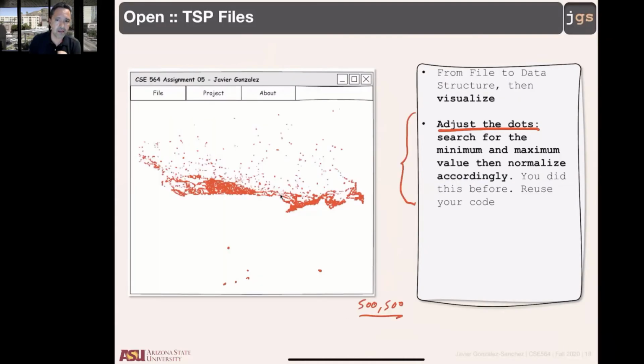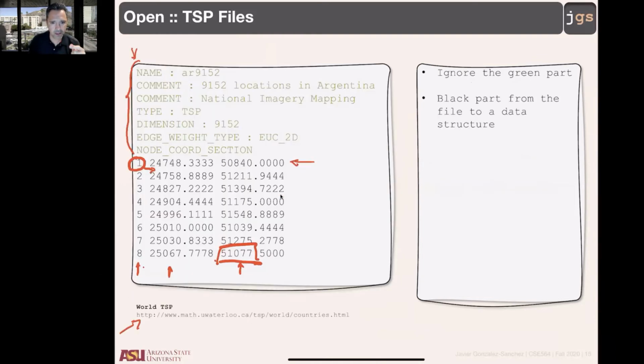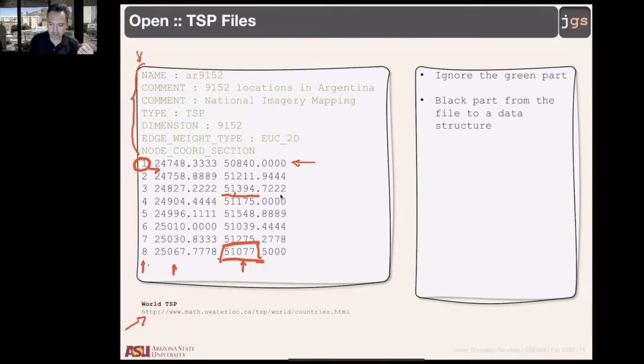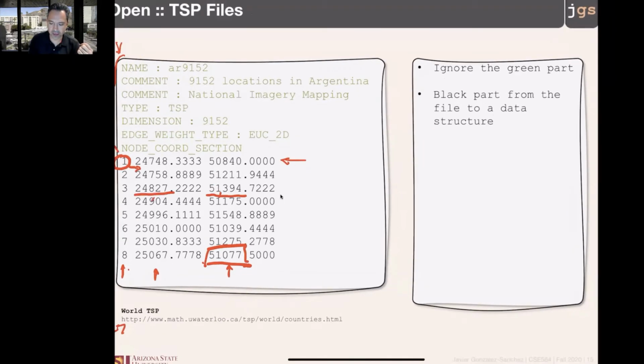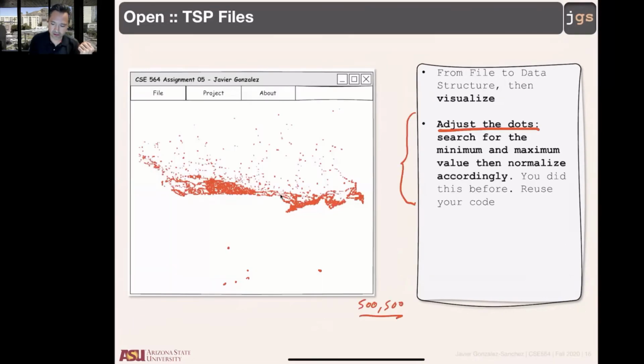For the next part, the scale is something that you already did. My comment was, from the file, you are going to read these numbers. As you can notice, they are really big. I mean, you have this X coordinate 24,000 and this Y coordinate 51,000, really big. And your screen is only 0 to 500, 0 to 500. So you need to adjust,